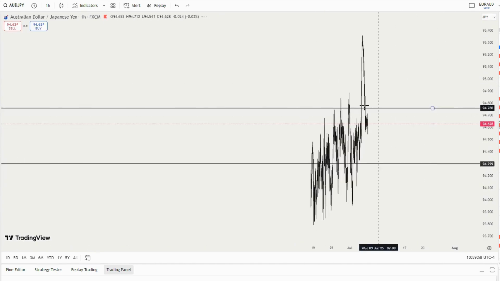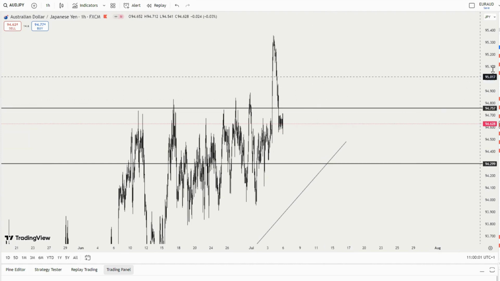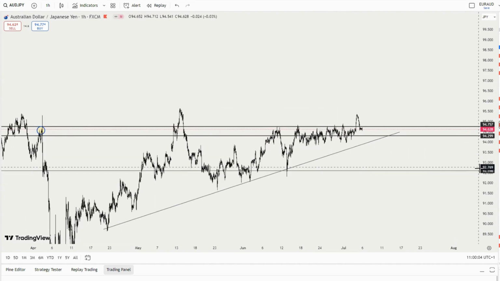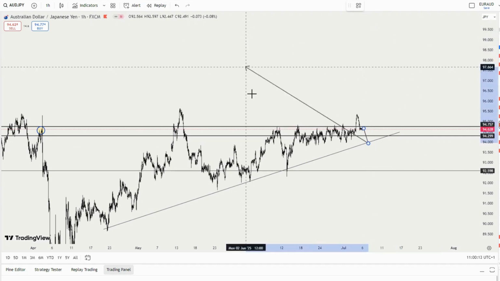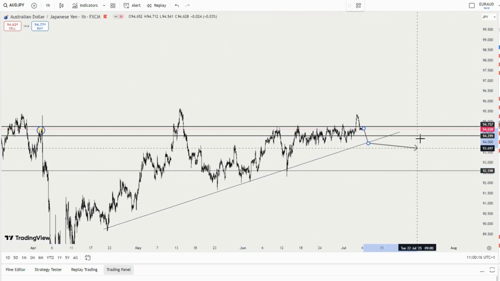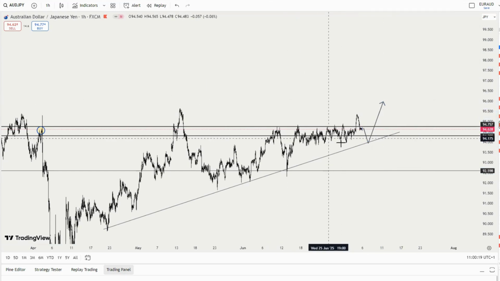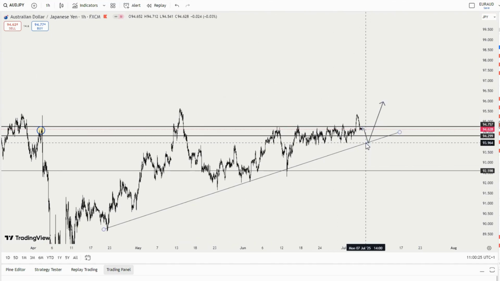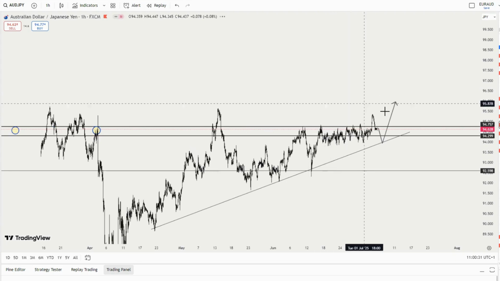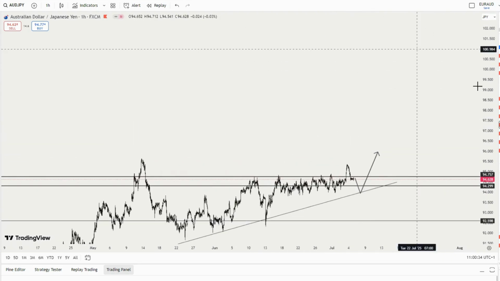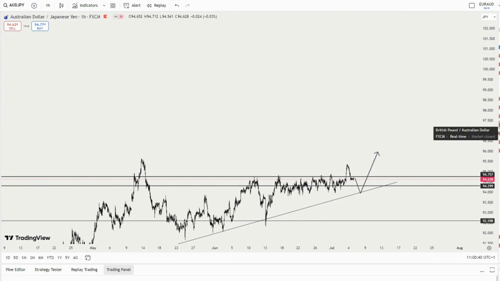On AUD JPY too, they have the interest rate on Tuesday, so probably I'll be looking for a fall in the Australian dollar at the beginning of next week, probably after the interest rate report. Then we can see a bounce at this level. So firstly, I'll be looking for a buy bias, but it needs to retrace back to 93.894 for me to enter that buy bias, which is coupled with that trendline rejection at that particular area.